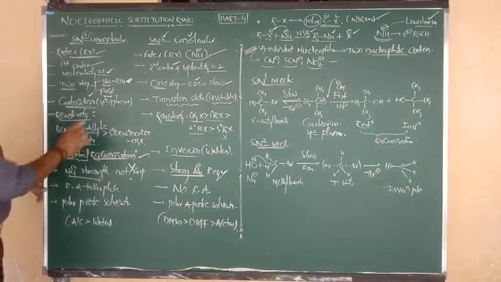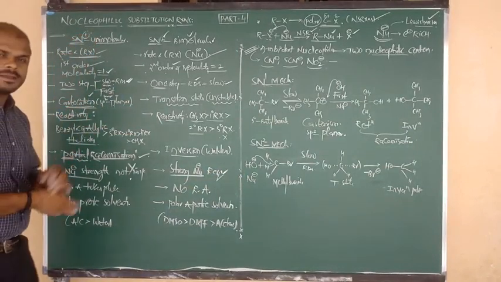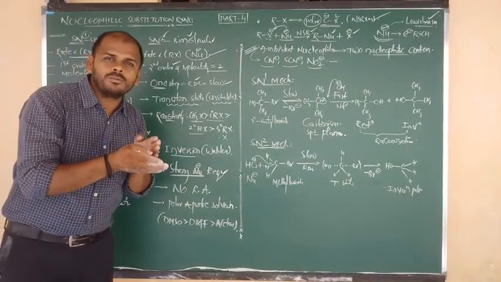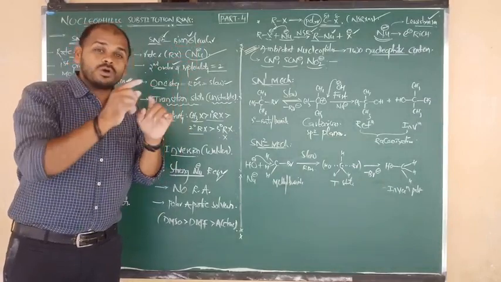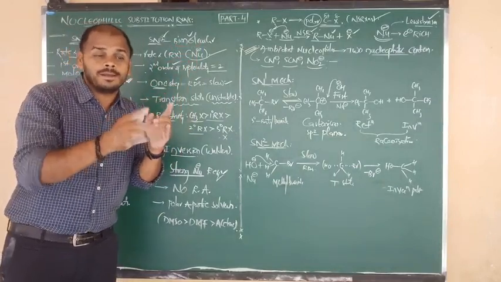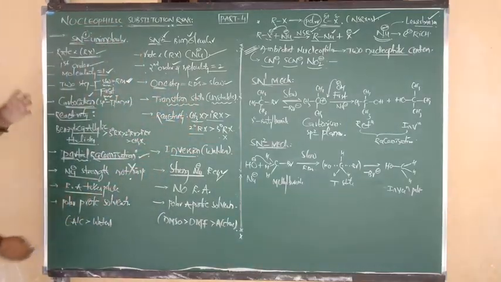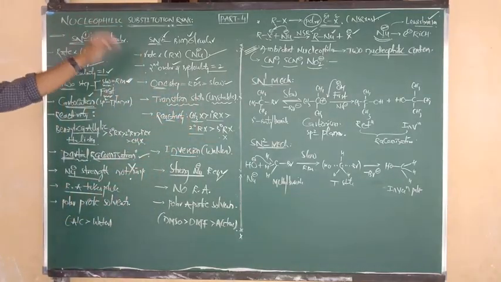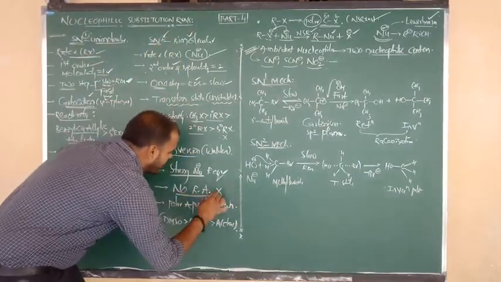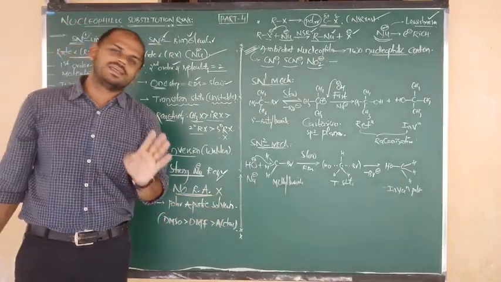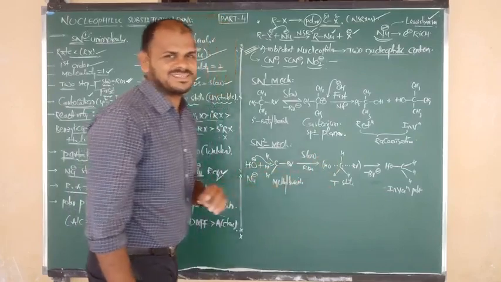Good. Next point: in SN1 reaction, what is the intermediate? Carbocation is the intermediate. Sometimes we will get secondary carbocation. After rearrangement, we will get the tertiary carbocation. So due to formation of carbocation intermediate, rearrangement will be possible. Rearrangement takes place to get stable carbocation in SN1 mechanism. But in SN2 mechanism, there will be no rearrangement, because there is no intermediate, only an unstable transition state.